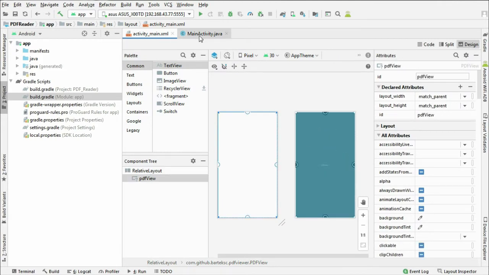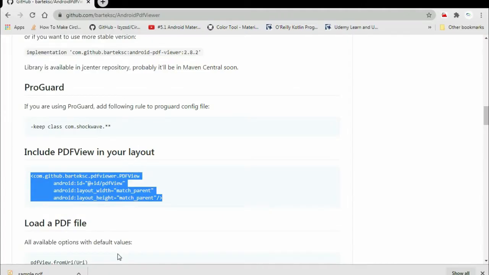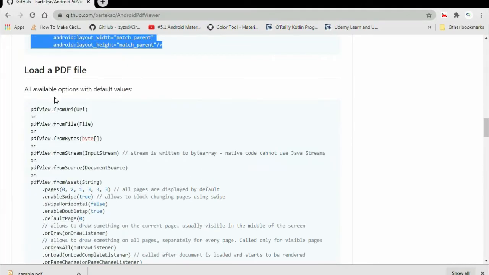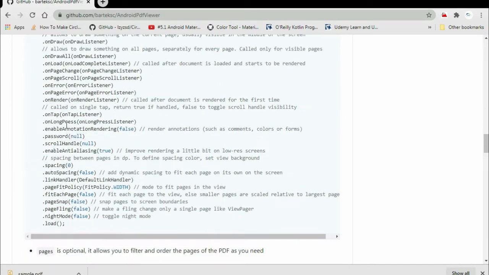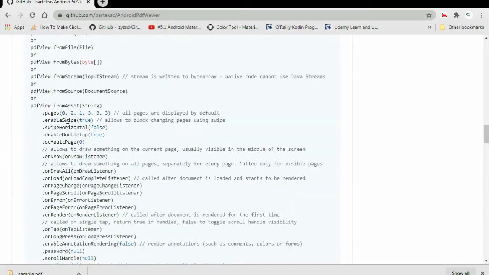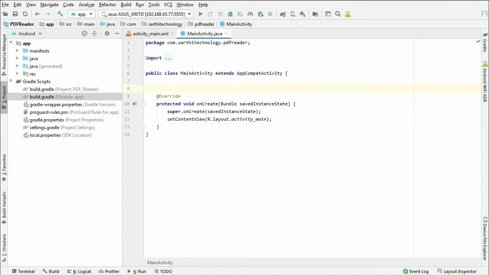Okay, so go to the main activity and again if you go to the page you can see we have many options that we can use to load PDF. And in this video I will show you from asset and from file. First you need to create an object of PDF view.